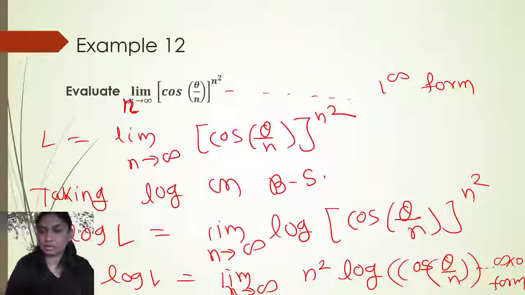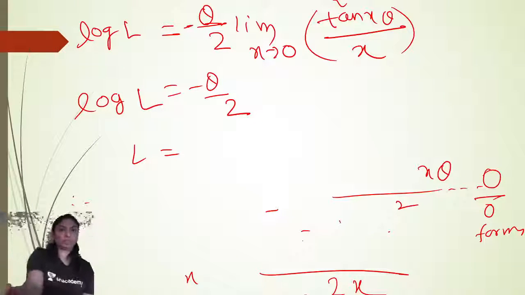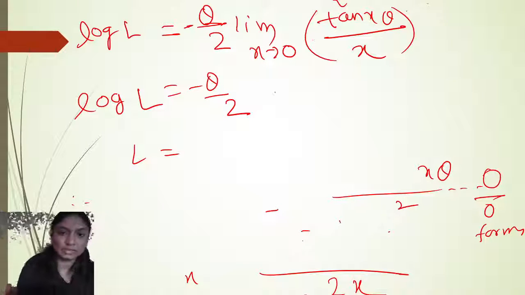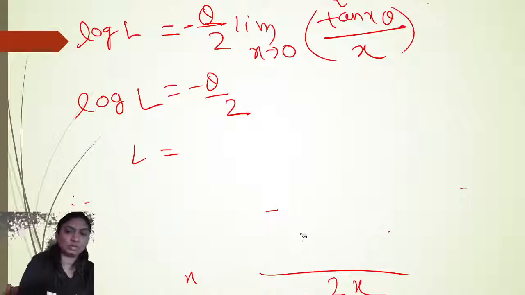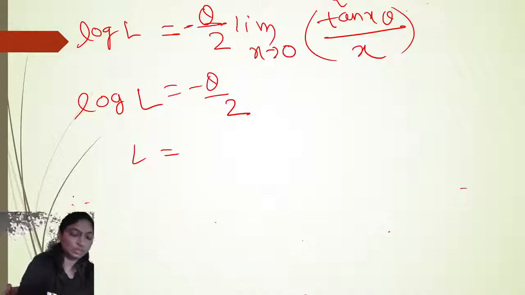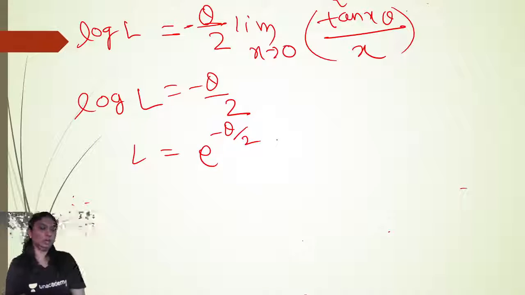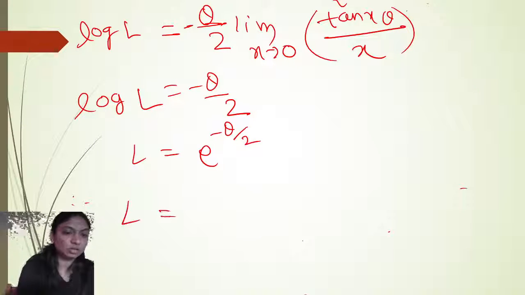So one more theta is there, no? इंटू थीटा भी था ना यहाँ पे minus theta by 2. तो ये तो outside हो गया, right, as it is. तो log L is equal to हो गया ये minus theta by 2. तो e raised to minus theta by 2, right. और theta is nothing but what, theta क्या था हमारा, e raised to theta by 2. That is our final answer.